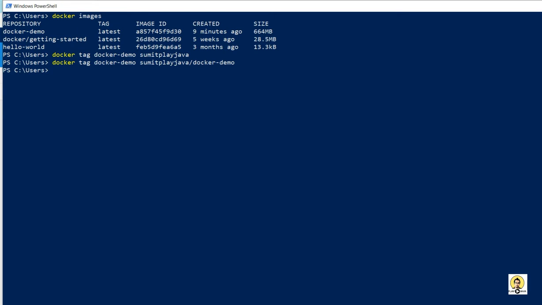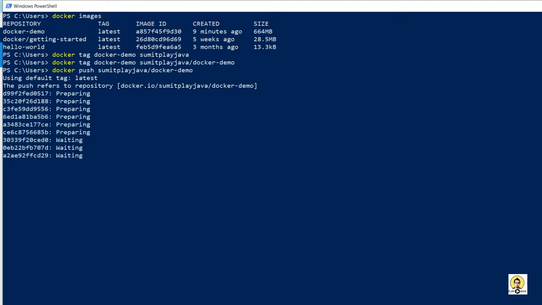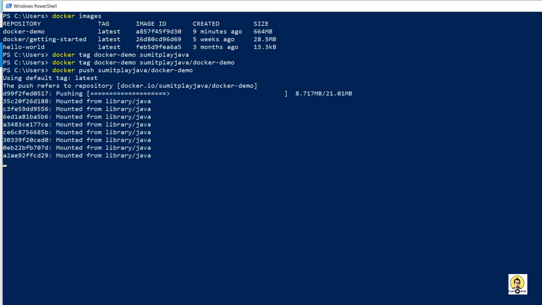So it has been tagged with this name, and if I see all the images which have been tagged to this Docker hyphen demo, then I will do docker push just to push this Docker image to the Docker repositories. Copy this tagged file and just click enter. Just after tagging and writing docker push, your image will start to prepare and it will be in a waiting stage, and after the waiting stage it will get pushed to the Docker repository.